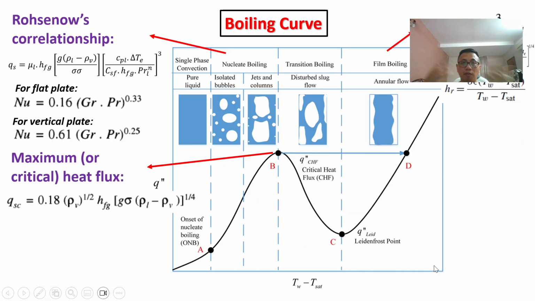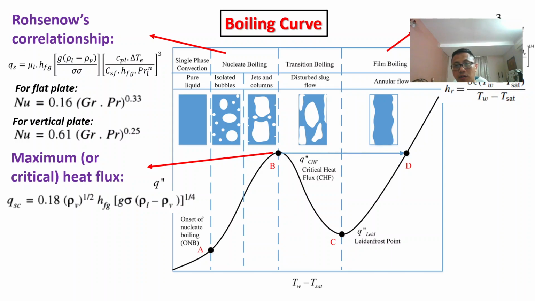Before the condensation, we covered boiling first. We learned boiling. There are three types of boiling classification. The first one is convection boiling, then nucleate boiling, then we have film boiling. In between nucleate boiling and film boiling is a transition phase, called transition boiling. If you check the boiling curve, the y-axis is the heat supply,